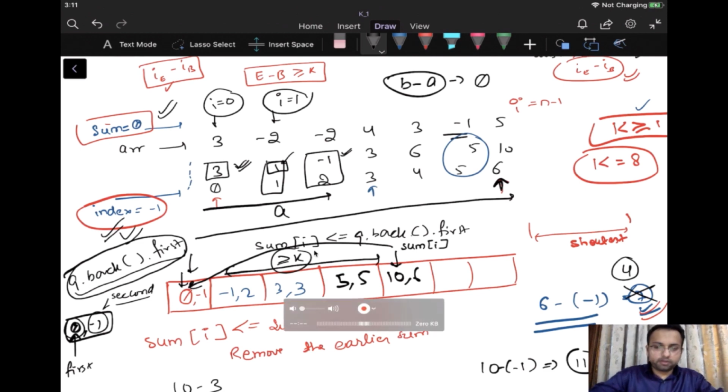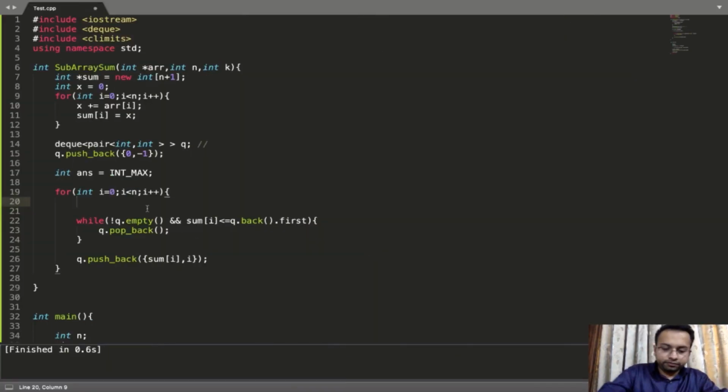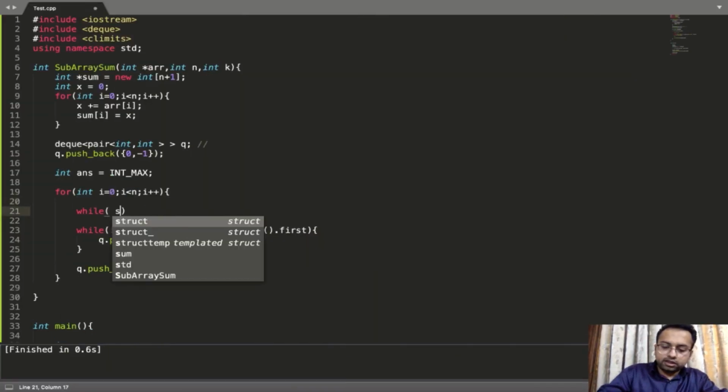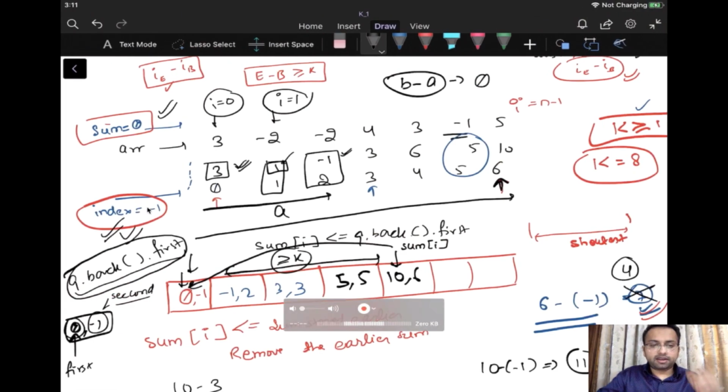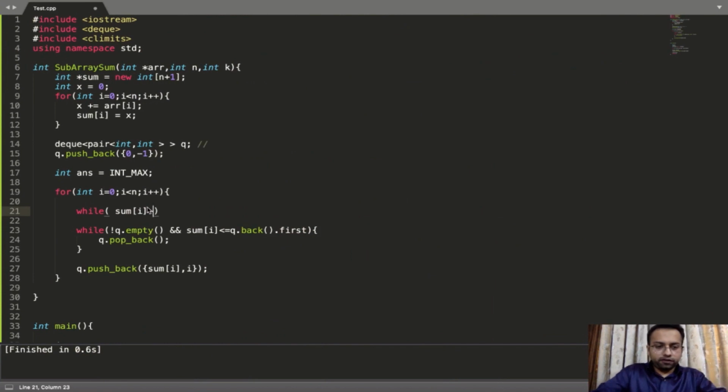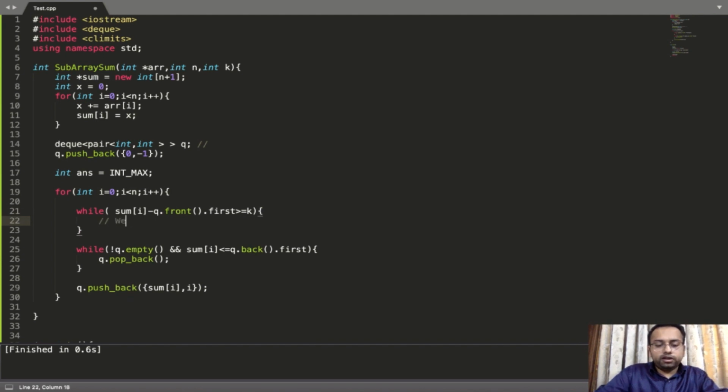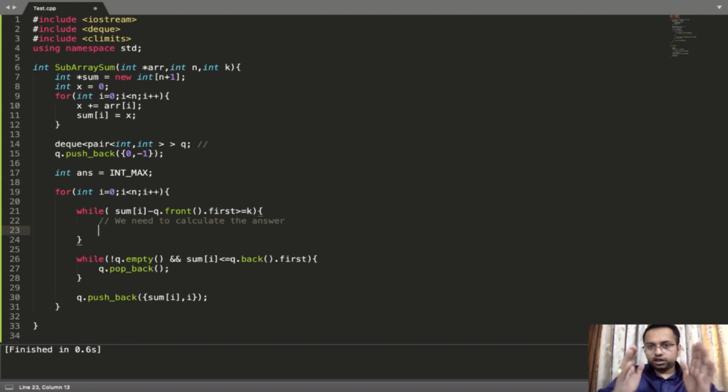So I'll write while the sum that we have currently, if I'll subtract the element that is inserted at the front part of the queue. So how can I get the front part? So I can write q dot front and I can get the sum using dot first. If this is greater than equals to k, then we need to calculate the answer, right? Because we need the minimum sum, at least sum should be equals to k.